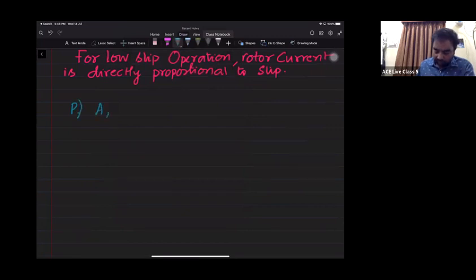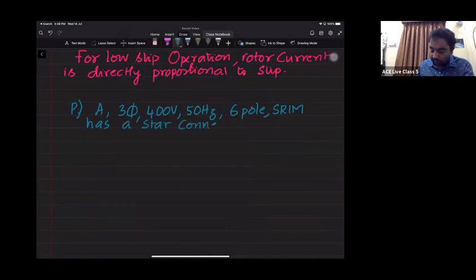A three-phase, 400 volts, 50 hertz, 6-pole slip ring induction motor has star connected rotor windings with